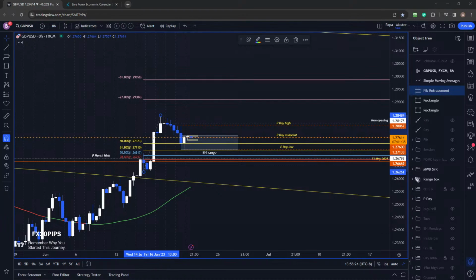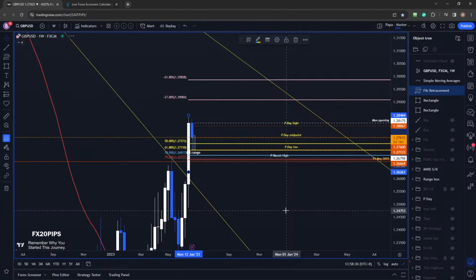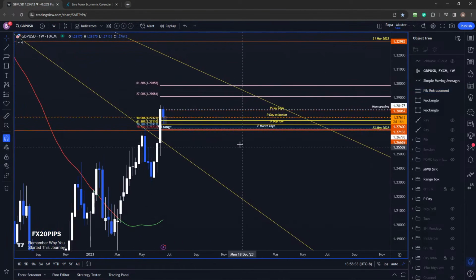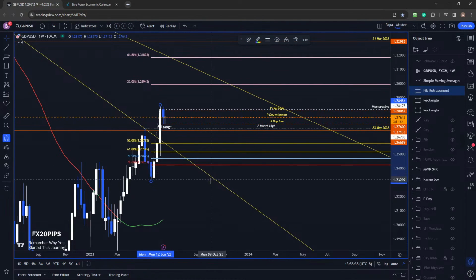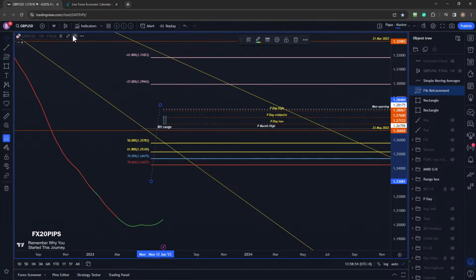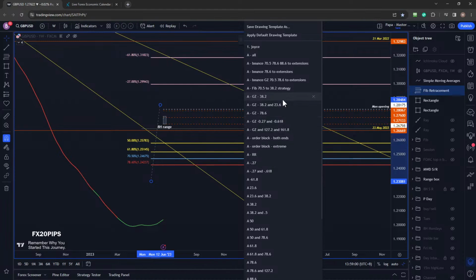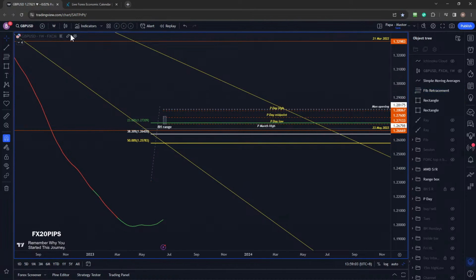Right, on a weekly time frame, there is another leg, which is here. Okay, this is the weekly bullish leg. So if you put a low here and a high here, the 50% is way back here. Right, so what is the figure? Let me just remove this. It's at 1.25783. Okay, let's look at 30 to 38%,